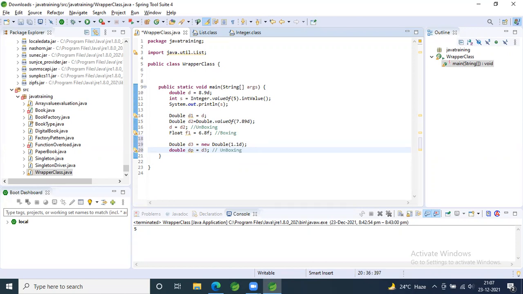Now, you just give the double wrapper class in the next line, d4 equal to 3.3d. So what are we doing here? Which is again giving a primitive to your object, which is boxing. So you can create your wrapper classes through your constructors or through the relevant static methods, valueOf or parsing method, and get the relevant output as you want, either as a wrapper class or as a primitive type.